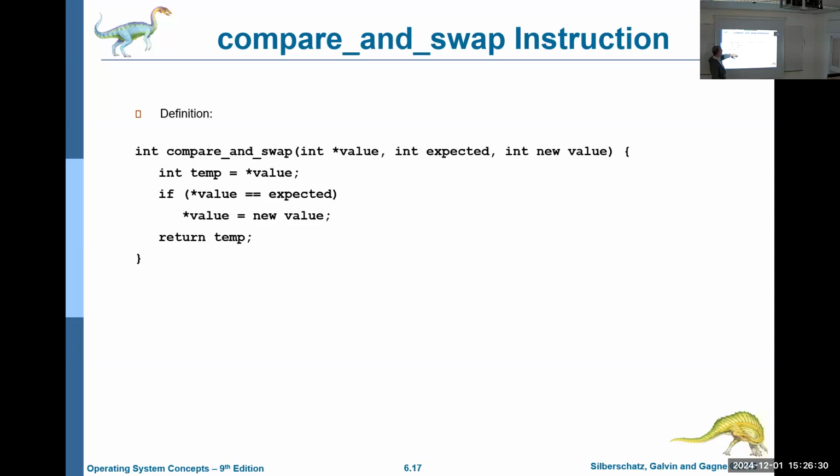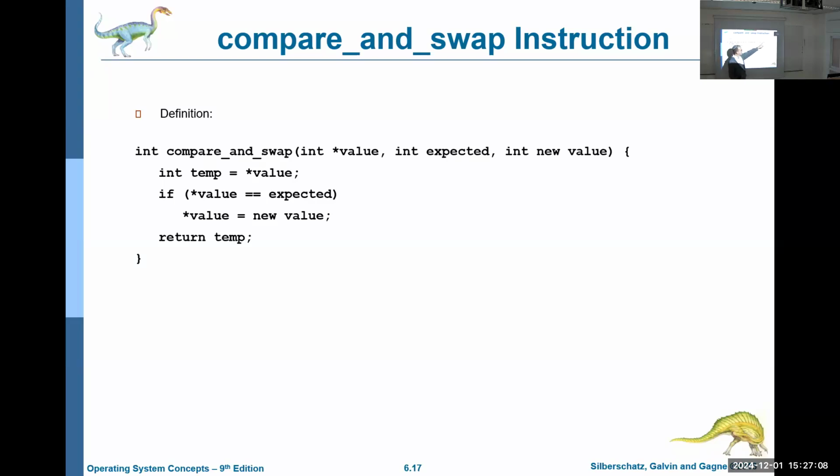Here again, is this a function or is this hardware description? This is a hardware description. It looks like a function, very misleading. Compare and swap. So temp equals value. First of all, I grab the value that I got and I store the original value. Then I check, is the value equal to the expected value that I was given? Is it equal to true or false, whatever I want to check? Then if it is equal to what I expected,